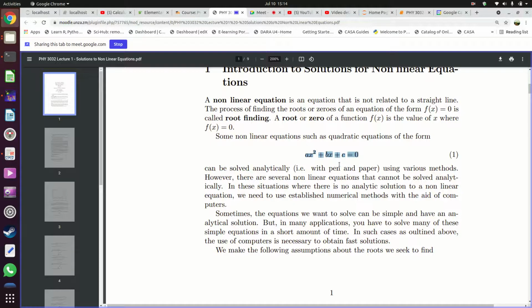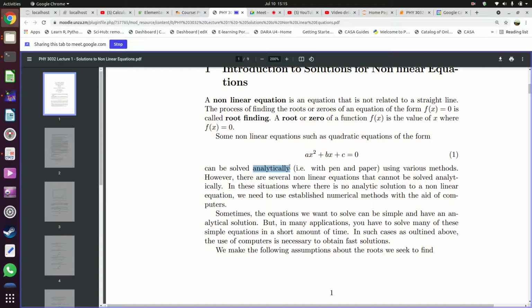And when you're solving an equation using pen and paper, basically that's what's referred to as working out a solution analytically. When you do something analytically, then you are basically working it out on paper. So you can find whatever the answers are. Okay, so there are some nonlinear equations, for example, the quadratic equation, which you can actually solve with pen and paper, and you get your answers. The answers you get are your roots. Sometimes you have one root, or you have two real roots, or you have some roots which are complex and stuff like that.